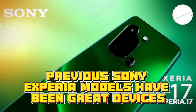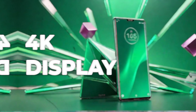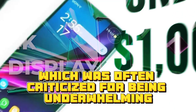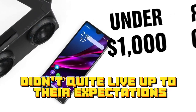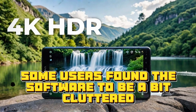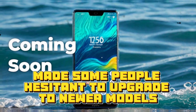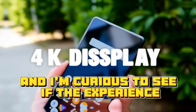Previous Sony Xperia models have been great devices, but they've also had their fair share of issues. One of the main complaints was the battery life, which was often criticized for being underwhelming. Many users also felt that the cameras didn't quite live up to their expectations, especially in low light conditions. Additionally, some users found the software to be a bit cluttered and slow. These issues made some people hesitant to upgrade to newer models, and I'm curious to see if the Xperia 17